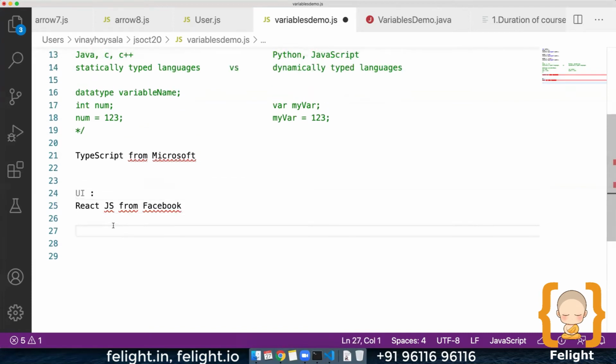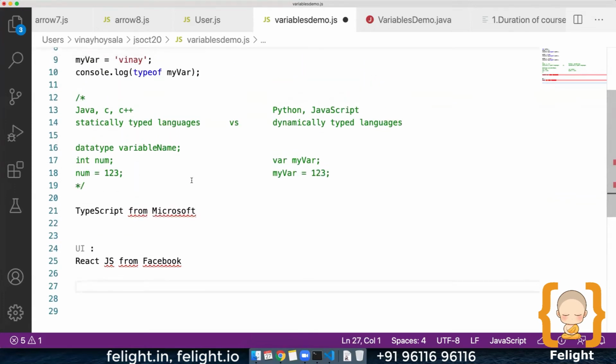With the introduction of this, you can say JavaScript is a language which has the best of Java, the best of Python. They also borrowed ideas from Ruby and Rails, and from C Sharp also. And JavaScript is one of the fastest languages to be implemented, very, very fast. Is it clear? Yes, sir.